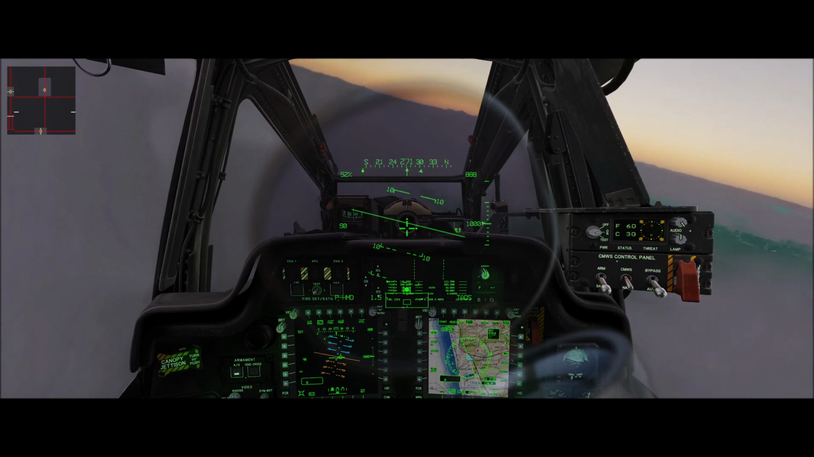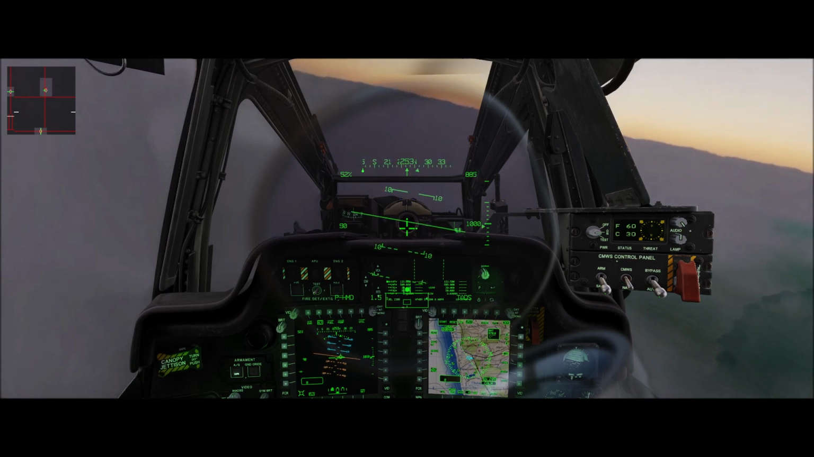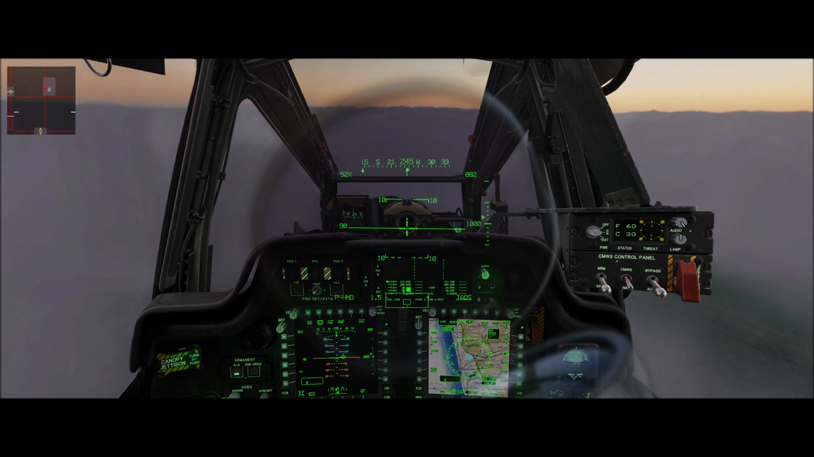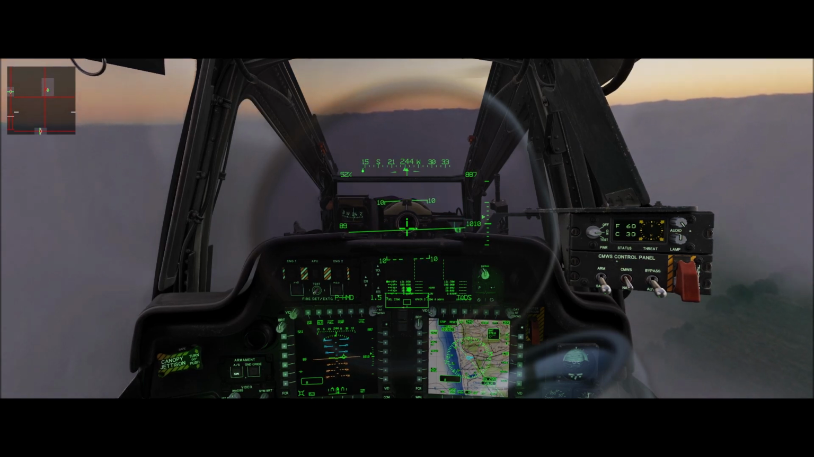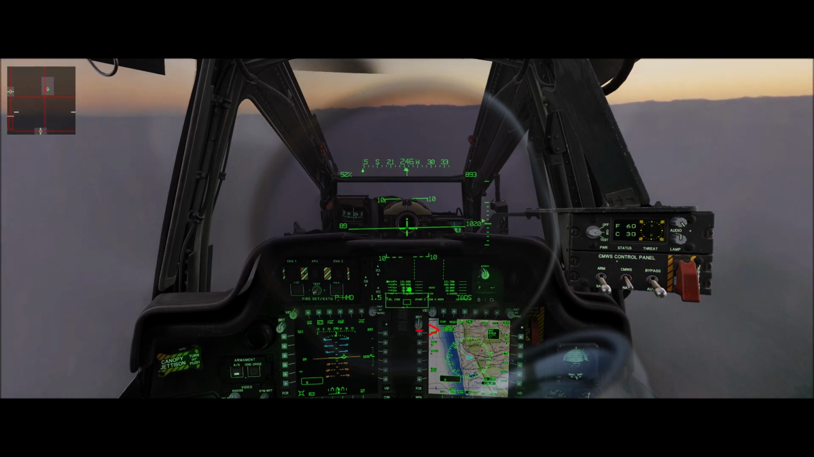So as we continue in the standard rate turn, we're coming up on 250. We want to lead that turn a little bit. We start rolling out before we get to 250. We want to stay within plus or minus 10 degrees of 250. Now I started the clock. We're going to fly outbound for 1 minute,